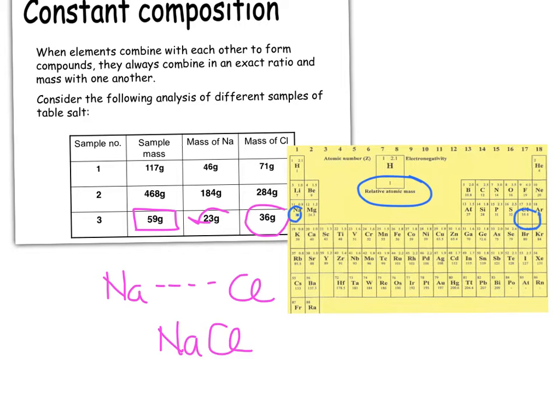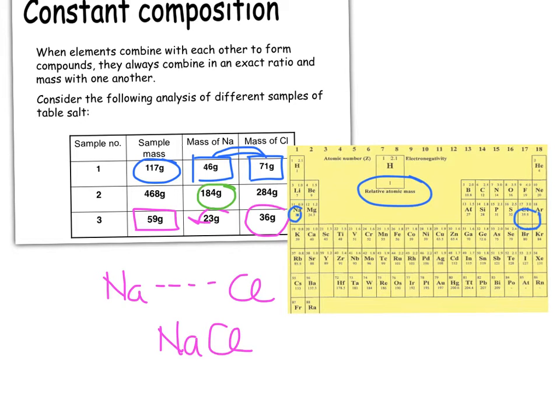But what if you had 46 grams of sodium? That would mean you would have to have double the amount of 36, which is 71 grams of chlorine, to be in exactly the right ratio to get 117 grams of sodium chloride. And if we had to take that up even further, and we were to say 4 times that amount,